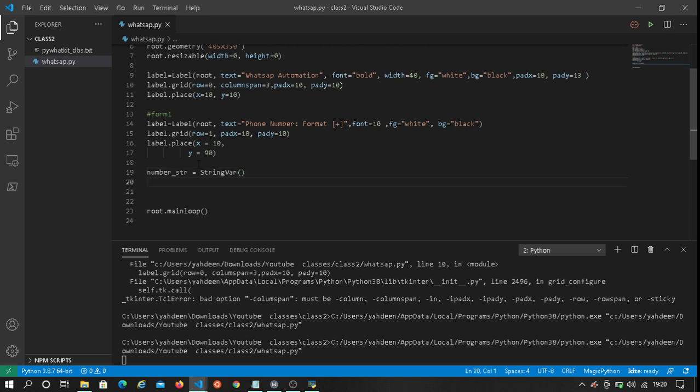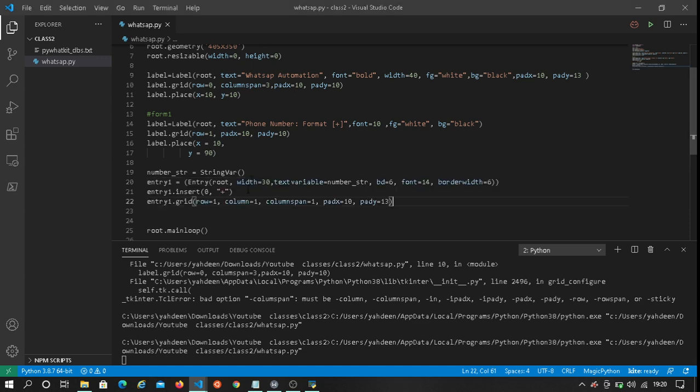And now let me copy this entry. I already wrote this code, so I'll explain what it does. Here, entry1 equals Entry.